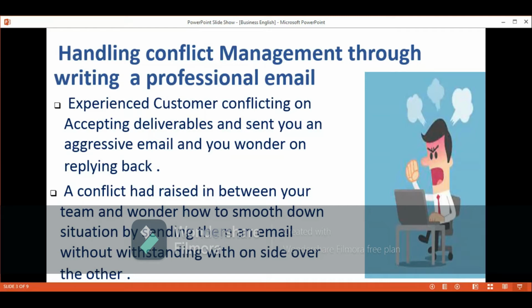Now, what if the client sends you a very sharp-edged, aggressive email? How are you going to respond? Are you going to respond nose to nose? How are you going to respond in smoothing down the situation? We will show you at Soft Academy how to write a very clear and concise reply, how to absorb the shock, how to absorb the client's anger, so that the client does not withdraw from your contract.